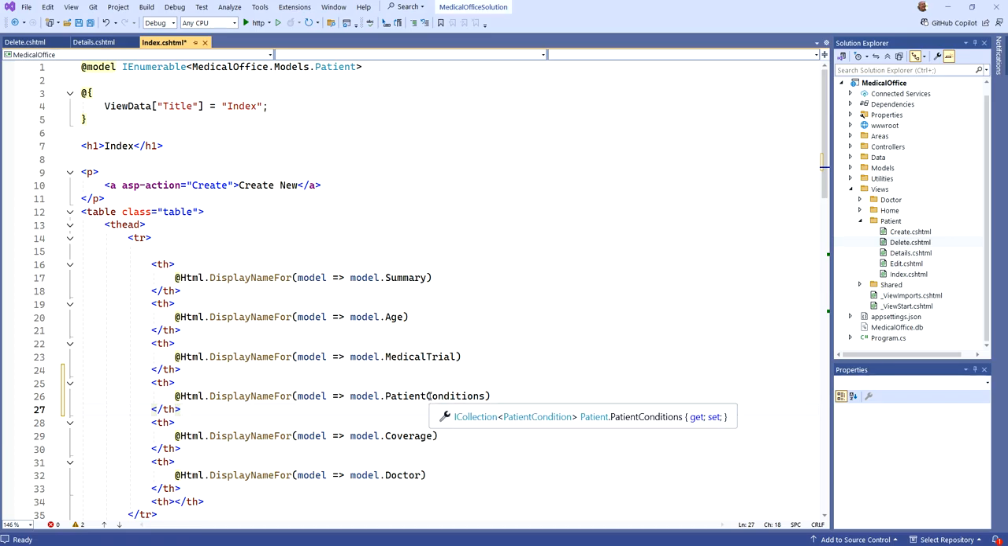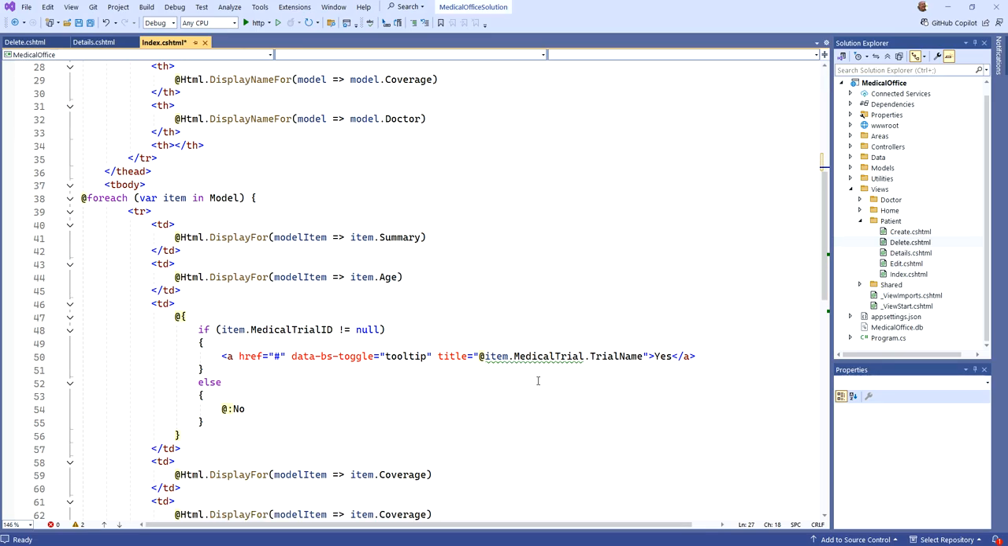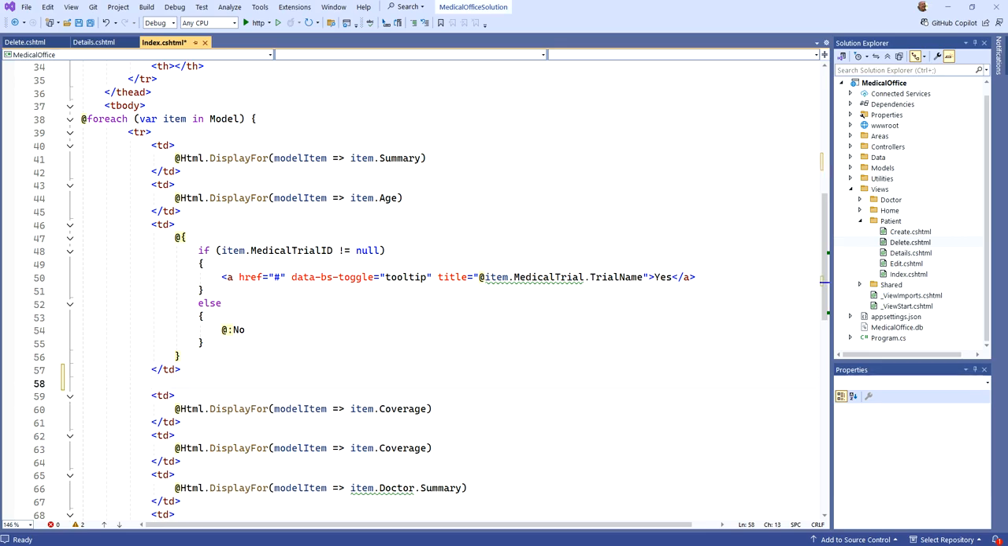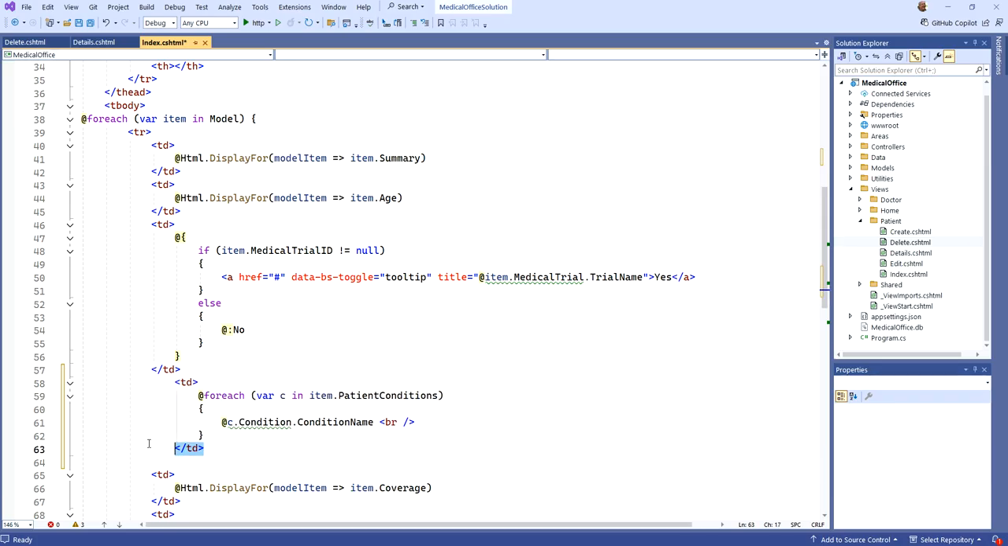Display name for patient conditions, right? Okay, and then coming down into the for each loop, again on top of or before the coverage column, I'm going to add a table data pair. But this time,